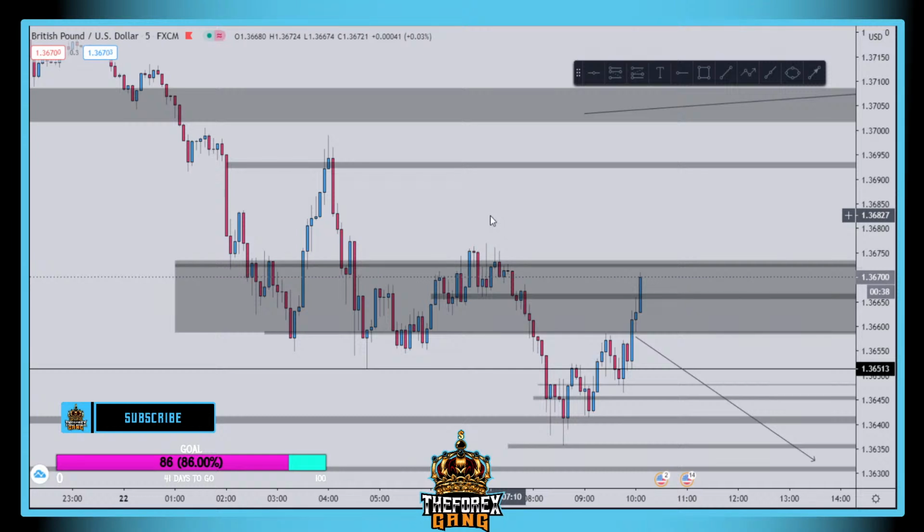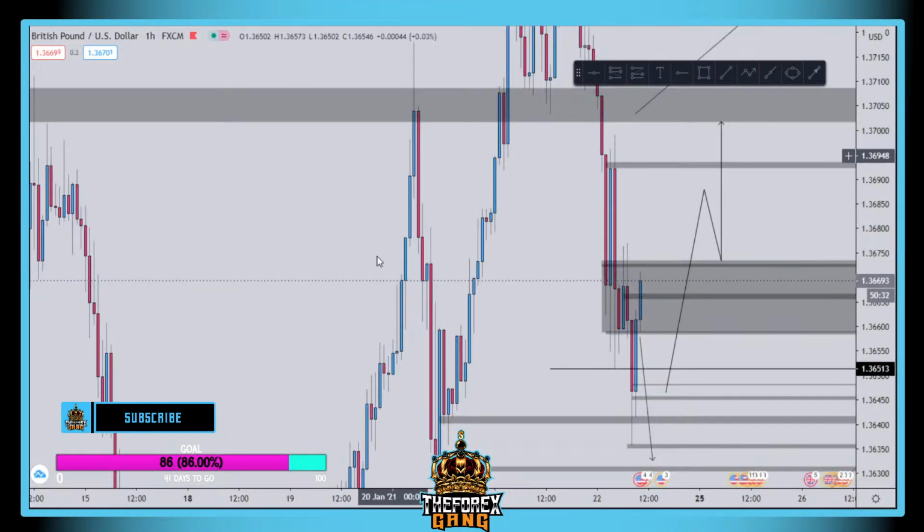The break of 1 hour was this. Then this new 1 hour break was a good buy if you wanted to take it. I would have agreed on that, not on the one that it was initially. I'll tell you why. Because this one got rejected and closed back in the range, and the next one broke it. I think that was a strong confirmation.